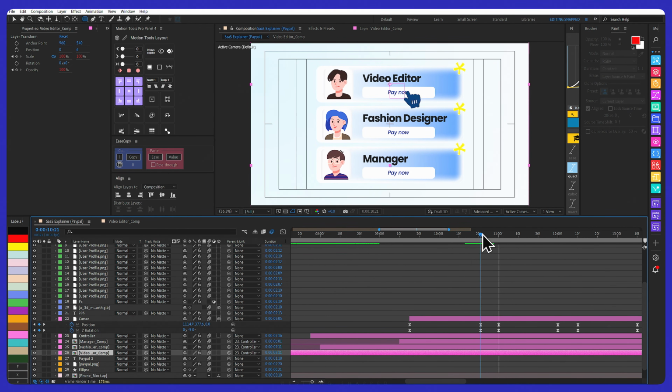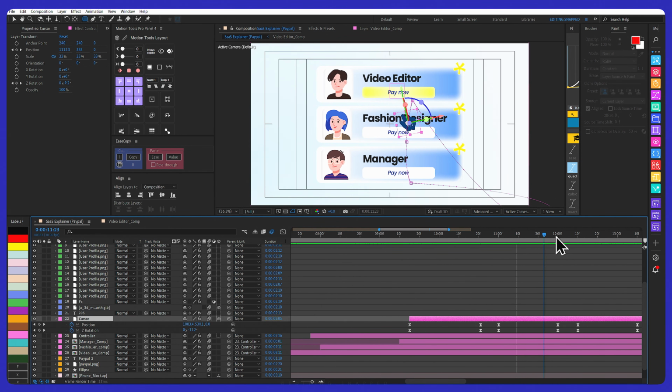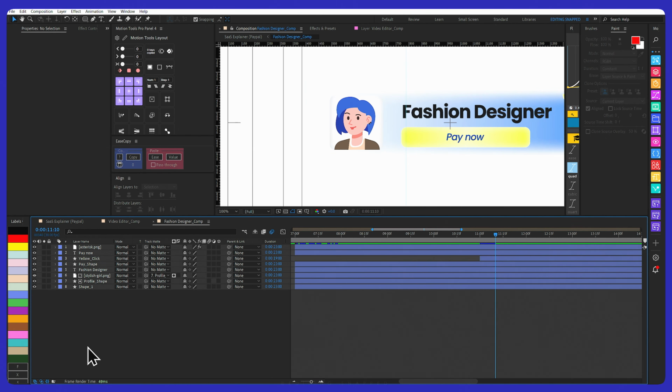And when the cursor comes at this frame, it automatically gets colored. And after that, for the cursor layer, move some frame forward, set the cursor position to the second frame. For the second shape, move some frame forward, again the same animation, get back to the second precomp, and again